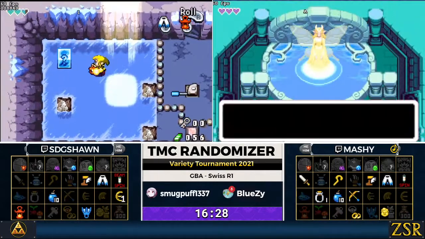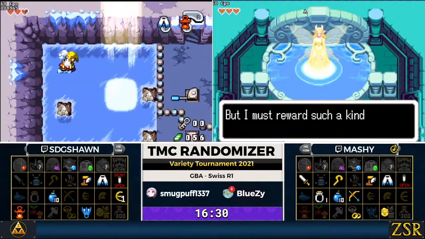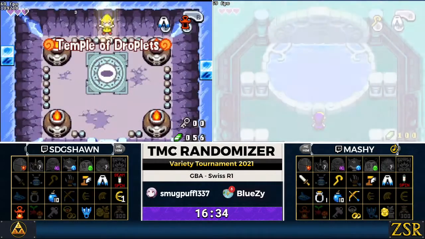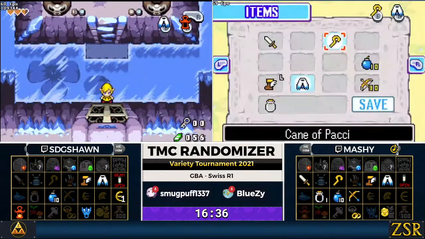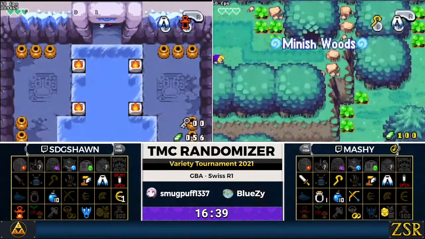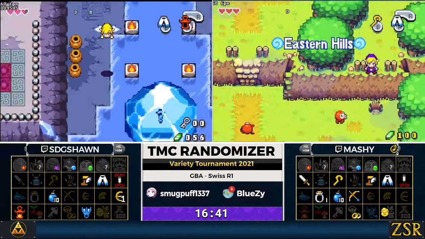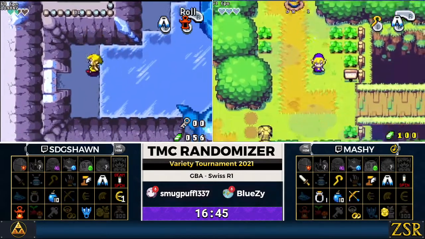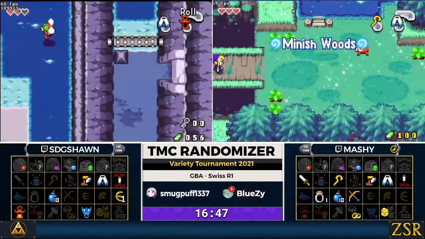It'll be interesting to see how much of Temple of Droplets Shawn will want to do, because going through Dark Maze with only 3 hearts isn't always the best. Especially, he doesn't have a sword yet. He doesn't even have a way to kill the scissor beetles. Oh yeah, I guess you can do it with bombs, but...